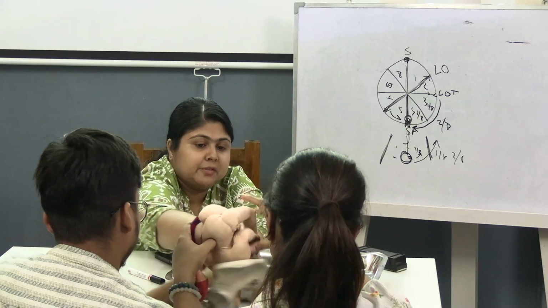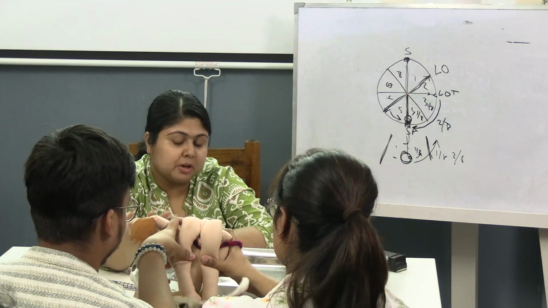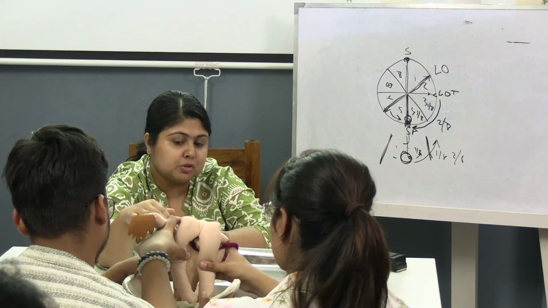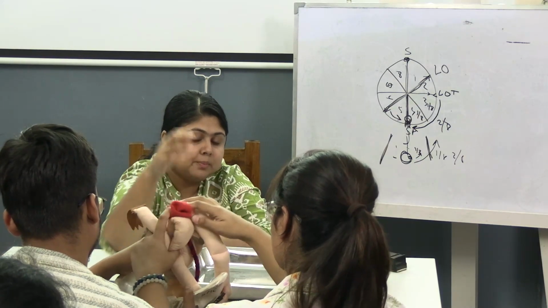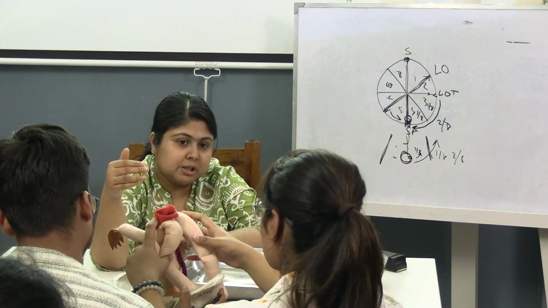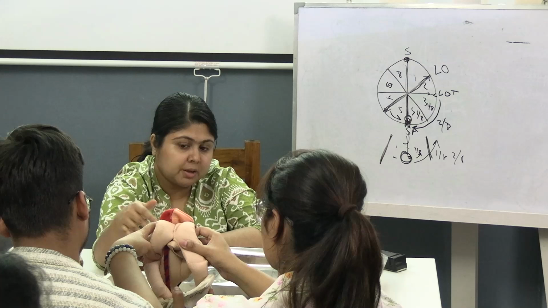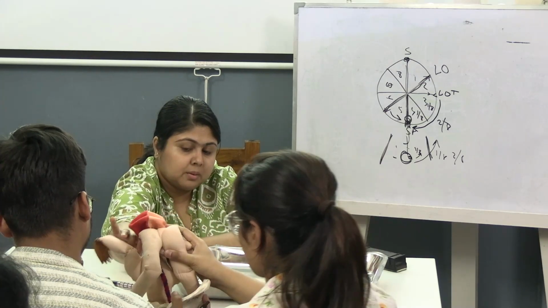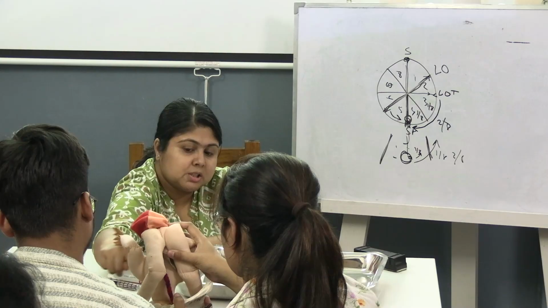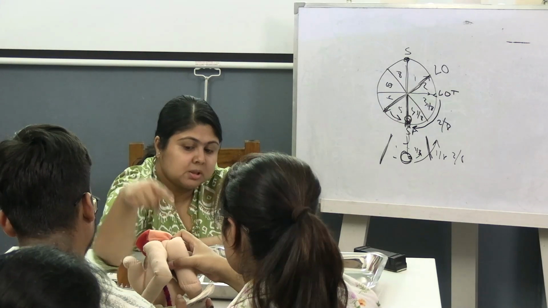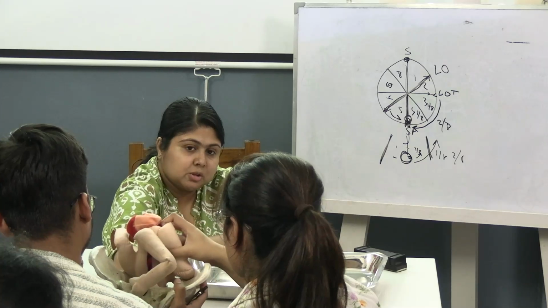You will always be facing the examiner, right? So the pelvis should be held like this. The head should first be in the left occiput transverse. Yes, it should be like this. Now with further descent and flexion, you go inside and then you rotate the head, right? You rotate the head. The head has rotated, see, and the shoulders are still in the left oblique diameter. The head has come directly behind the symphysis pubis. It is getting delivered also.